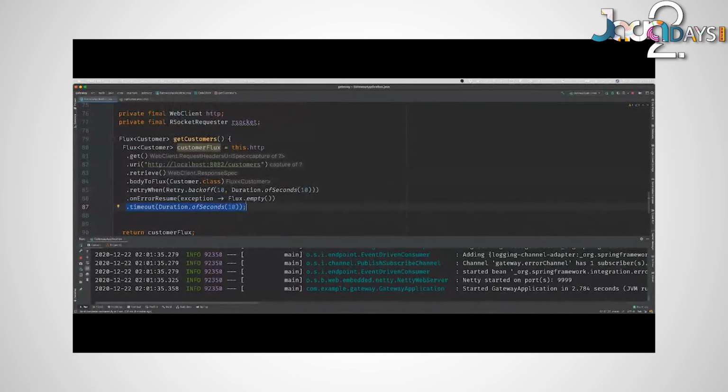Well, timeouts, we use them because they give us a way to say when this has spent too much time and we are at risk of violating our SLA, then stop the work and then give us another chance to try again. So for example, maybe a client makes a request to the gateway, and the gateway has to make a call to another service, and that other service has to make a call to yet another service.